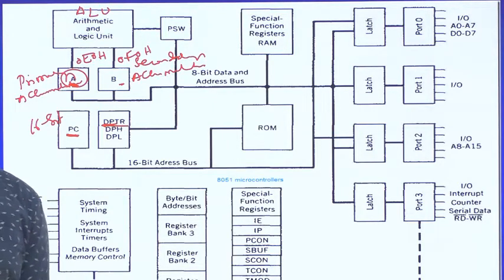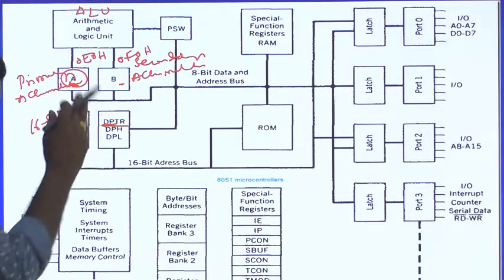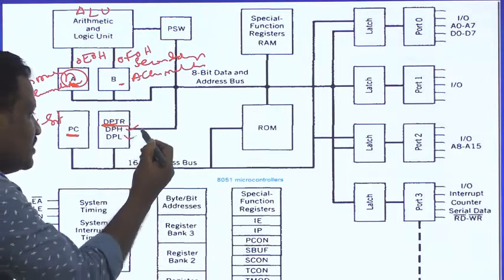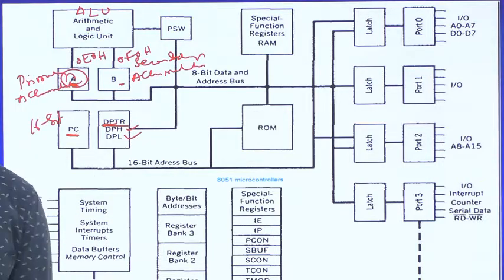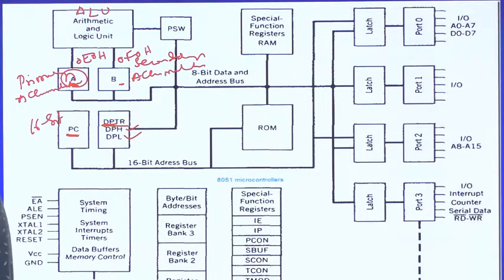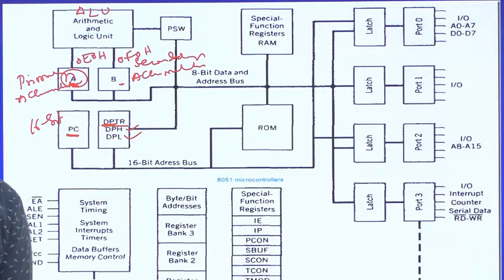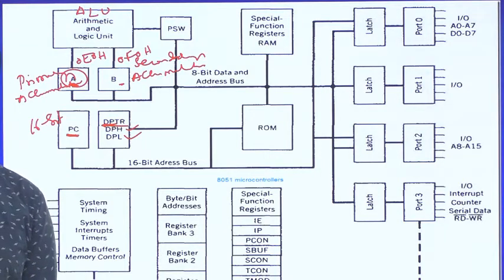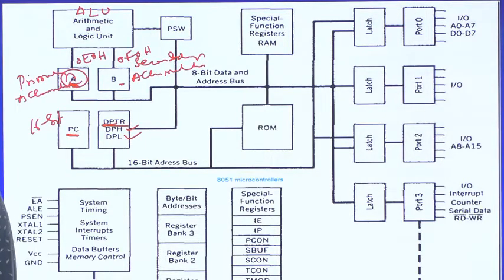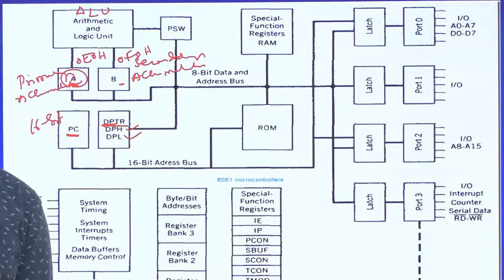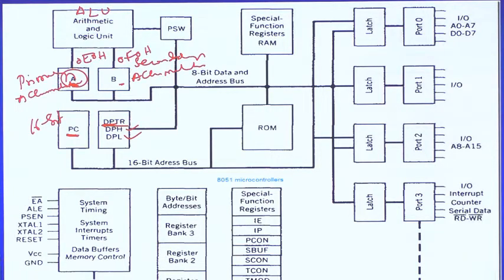The important thing about this DPTR is, we are able to split this DPTR into 2 halves like DPH as well as DPL. DPH is called data pointer higher byte and DPL is called data pointer lower byte. And these 2 registers have 2 internal addresses. That means DPL has one internal address and DPH has another internal address. So a total of 2 addresses are assigned to DPTR. This is a register which has only 2 internal addresses.